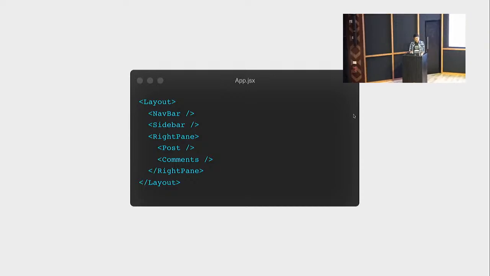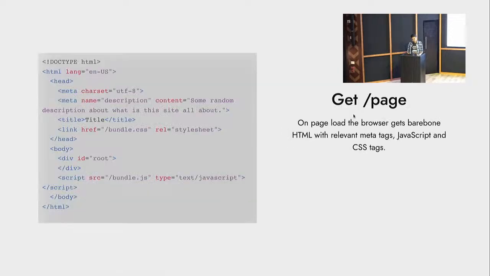This is the app.jsx file, and we use ReactDOM.render to render it in the browser. So on page load, the browser just gets a simple index.html, and it has nothing. It has the div root thing which React uses to render the DOM, and it has all the meta tags, or your CSS and JavaScript, etc. Okay, once